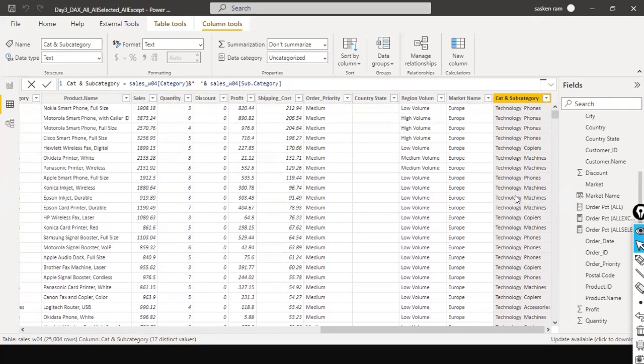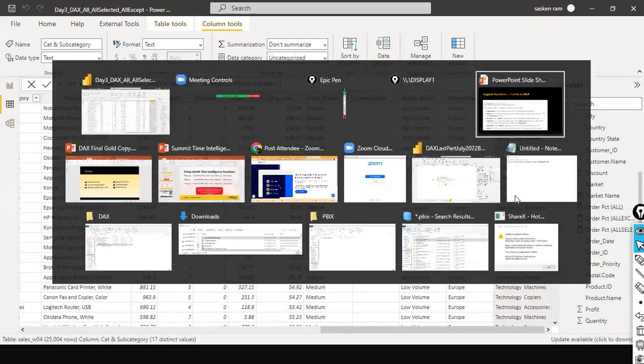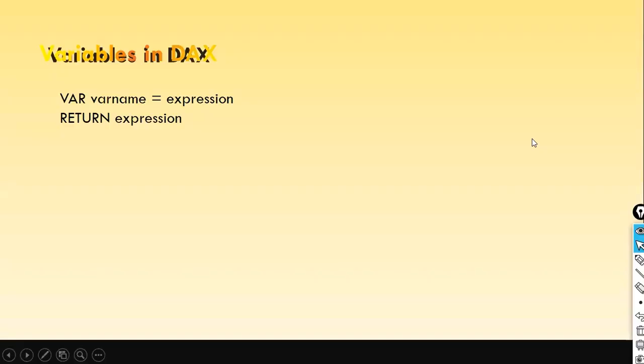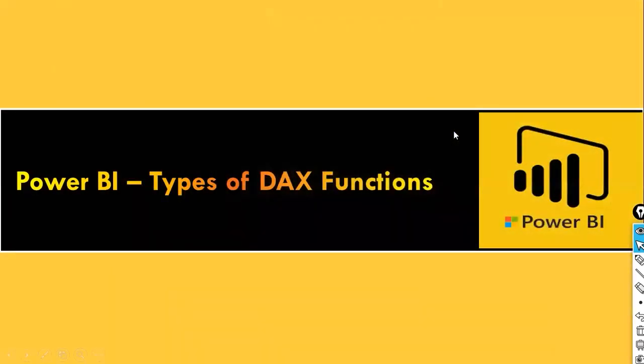And what are the other things now? I just go to the PowerPoint. Okay, now I understood how to use this logical function switch. A switch is very much handy, especially if you want to implement a nested if condition logic. In that kind of situation, it is very much helpful. And then variables, we will see it a little later. We'll discuss the variables a little later, because I have some other examples, I need to relate this one with that kind of situation. I'll explain you. The next one is